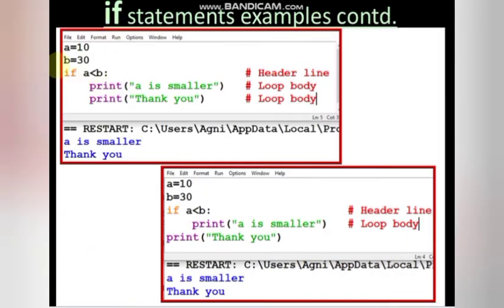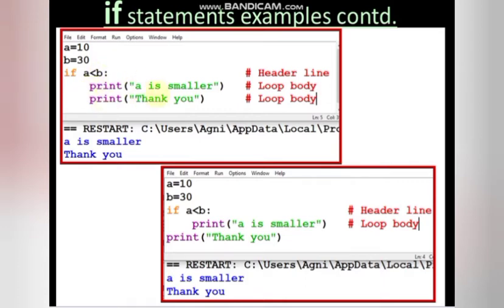Let's see another example. Here A is equal to 10, B equal to 30, and if A less than B. Now we have two statements in this example. If the condition is true, 10 less than 30, it will enter the block and it will print A is smaller.